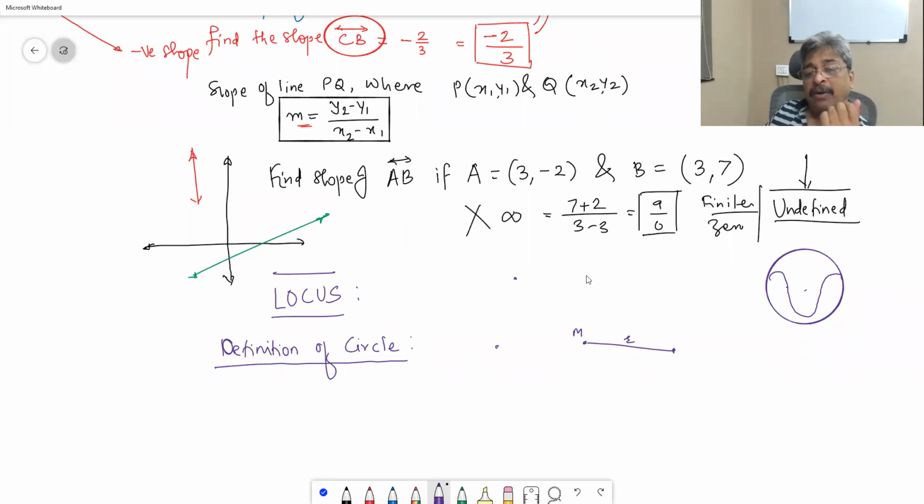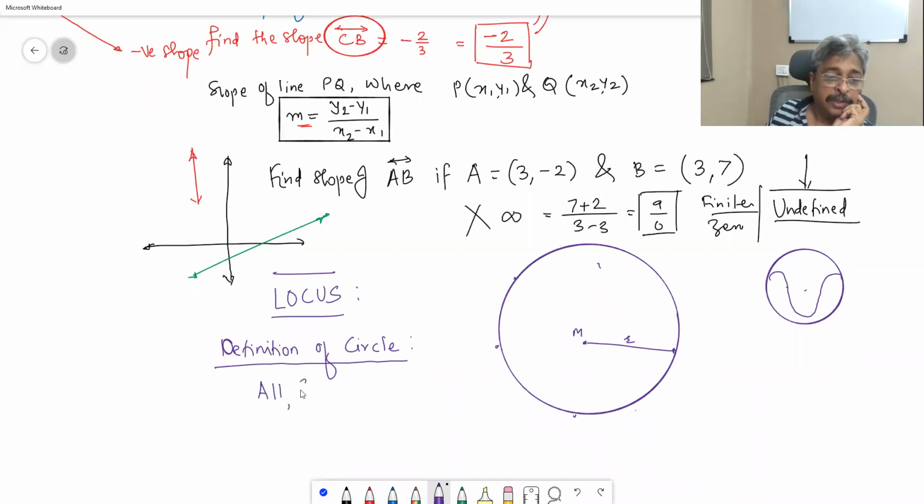And all the points that you are considering are also supposed to be in the plane, and they are supposed to be all the points. So you are not supposed to pick and choose a few points which are equidistant from M. We will not call that a circle. However, we will call this geometry a circle which has all points equidistant and equiplanar. These are three important words in the definition of a circle.